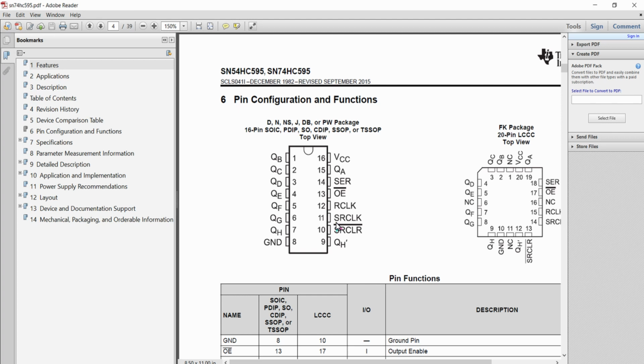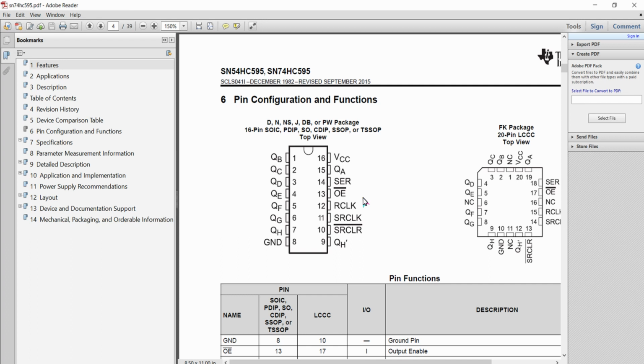This IC will communicate with the microcontroller with the help of SPI communication, that is serial peripheral interface communication. So this SER is the data in pin for this shift register IC, and this OE bar is nothing but the output enable pin. This is an active low pin, so for enabling the outputs from QA to QH, you just want to connect ground to this OE bar pin.